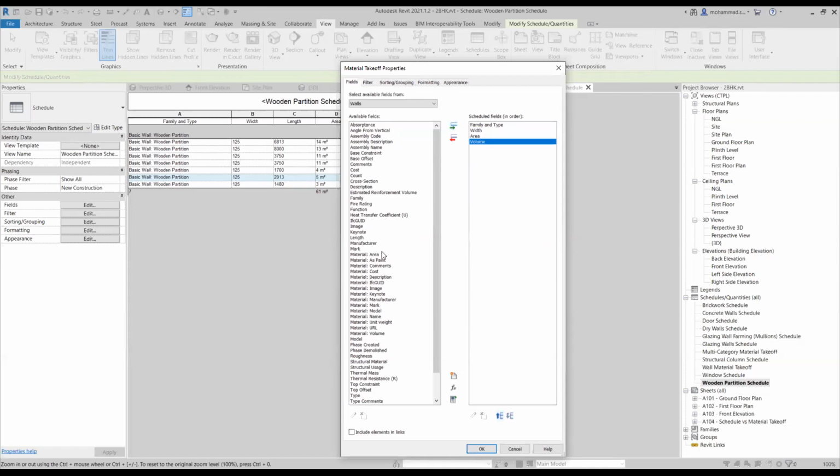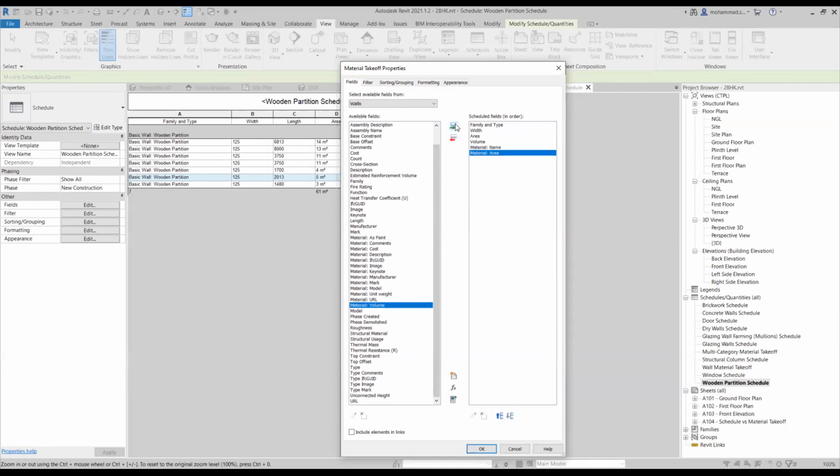material properties now. So I'll select material name here. I have this material name property, which was not available under material under the schedule and quantities option. This is only available under material takeoff. I'm going by material name. Then I'm going for individual material area, then individual material volume. And if you are working on structural material quantities, then you can also get material related unit weight. You can also get material related description, cost, comments, and there are different options available.